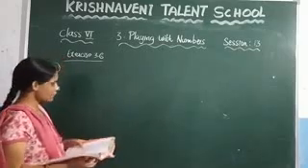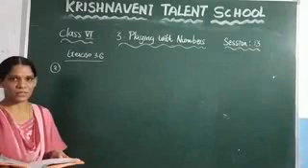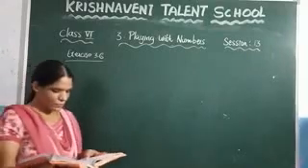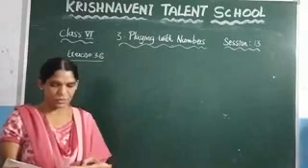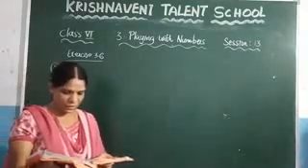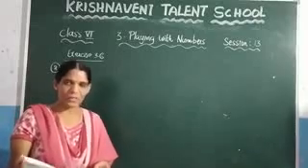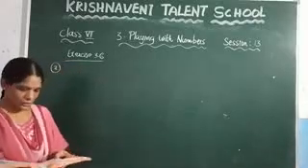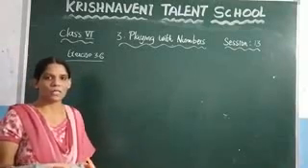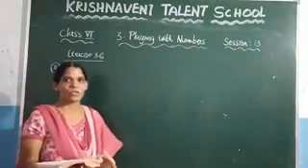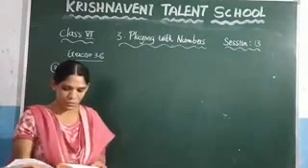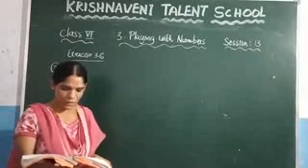Now we are going to discuss the next problem of exercise 3.6, which is the second question. What's the question given here? If the LCM of two numbers is 216 and their product is 7776, what will be its HCF? We have already discussed the relationship between the LCM and the HCF. If you multiply the LCM and the HCF, you will get the product of the given two numbers. By using that relation, you need to find the value of the HCF here.